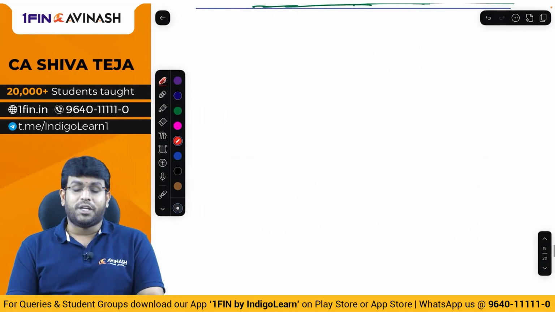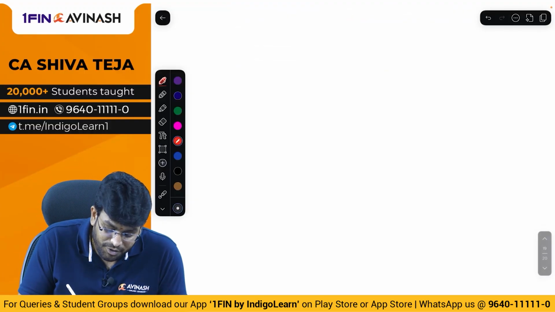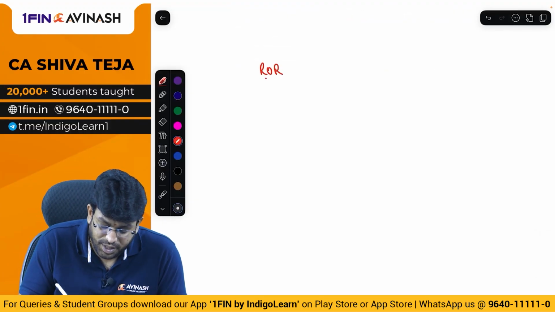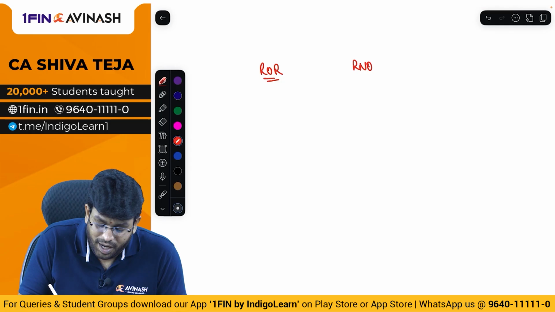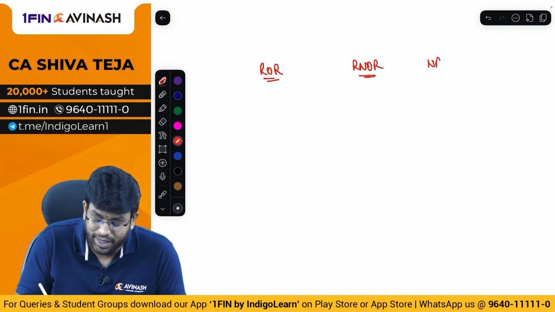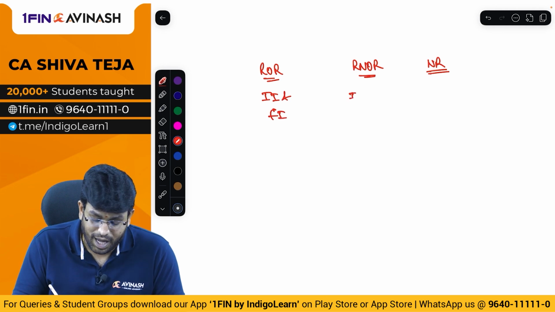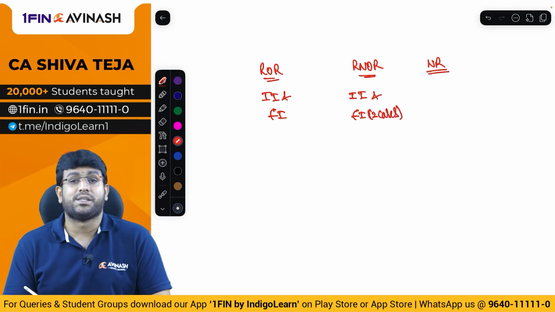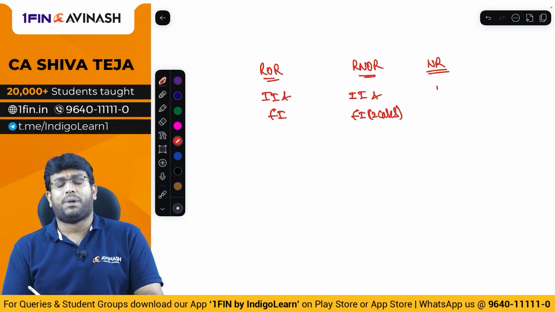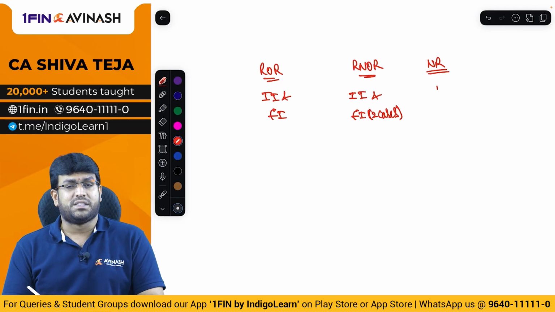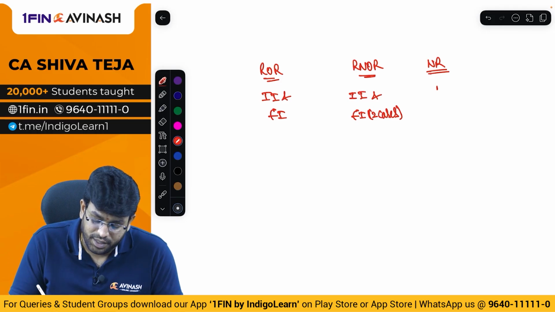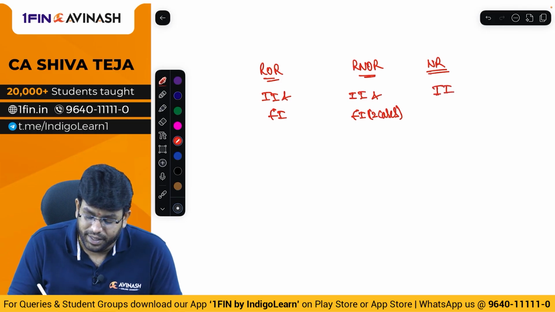So the whole thing you have to keep in mind very clearly is that first determine residential status, whether ROR, RNOR or NR. Then decide whether it is Indian income or foreign income. If it is ROR, we will tax both. RNOR, we will tax Indian income, and foreign income will tax only in two cases. What are two cases? Business income controlled wholly or partly from India, professional income which is set up in India. Non-resident will tax only in respect of Indian income.